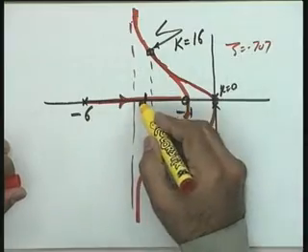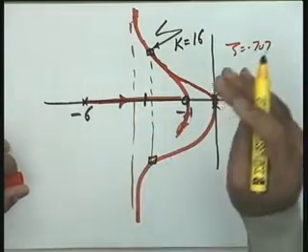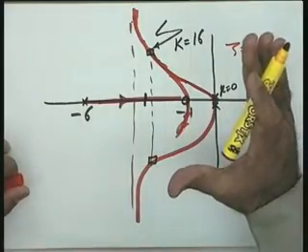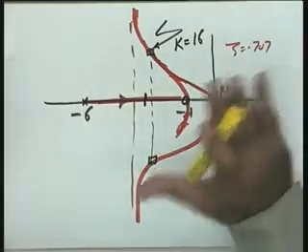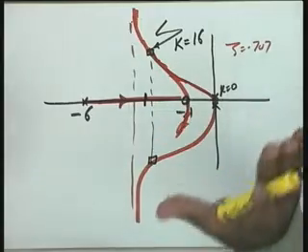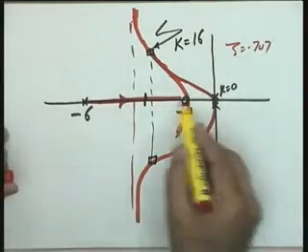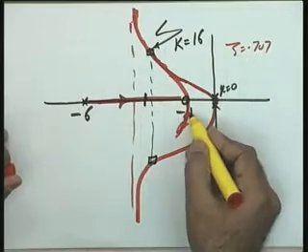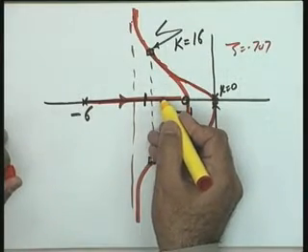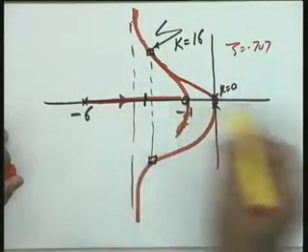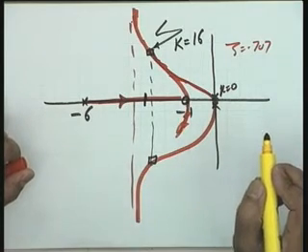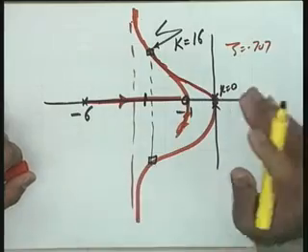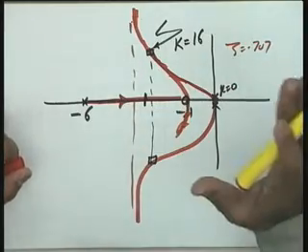If the effect of the third pole is to give you the peak overshoot and the settling time in the acceptable range, in that particular case your design is complete. Otherwise there is no other clue to be given to you other than that you place your 0 here and there by trial and error. I have placed it at -1, I can shift it to this side, I can shift it by trial and error on this particular axis, so that the dominance condition is satisfied. If not completely, at least the simulation experiment gives me acceptable performance.